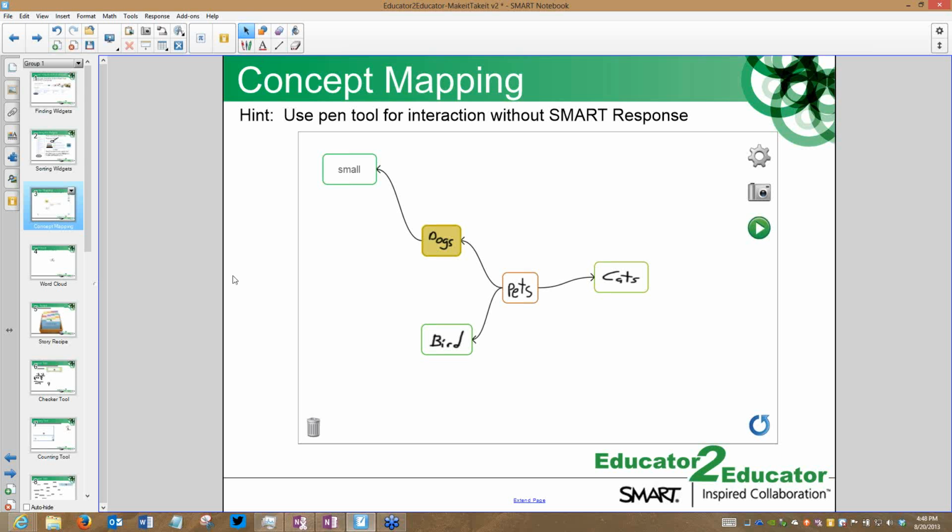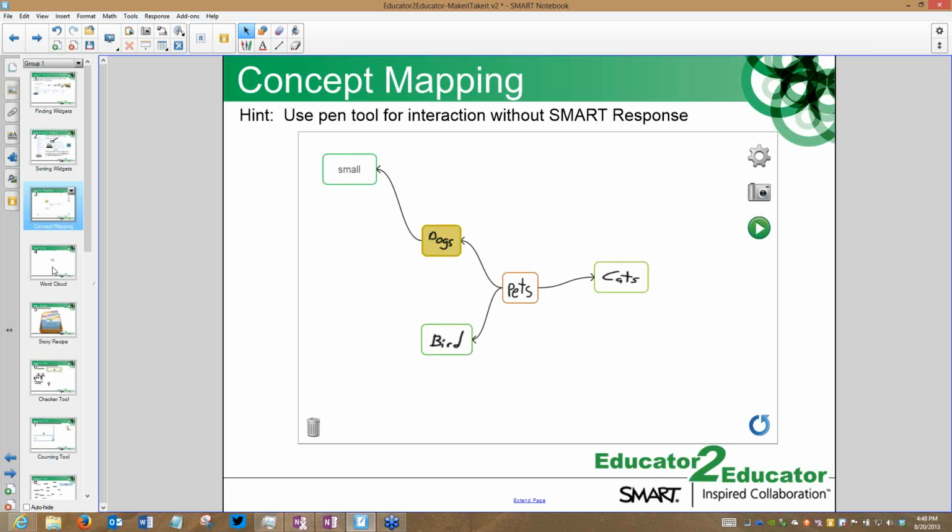Once again, it works with response, but as you saw what I did here, I didn't do it with a response. I just did it by dragging things in. And I drug in handwritten text, I drug in typed text. It works very, very well. All right. So hopefully that worked. You were able to play around, maybe play around with that on the demonstration file.